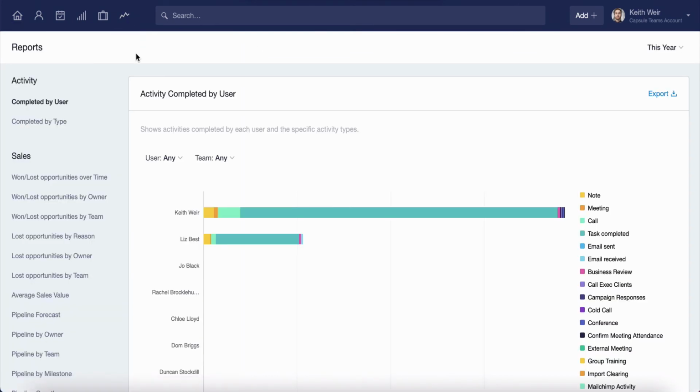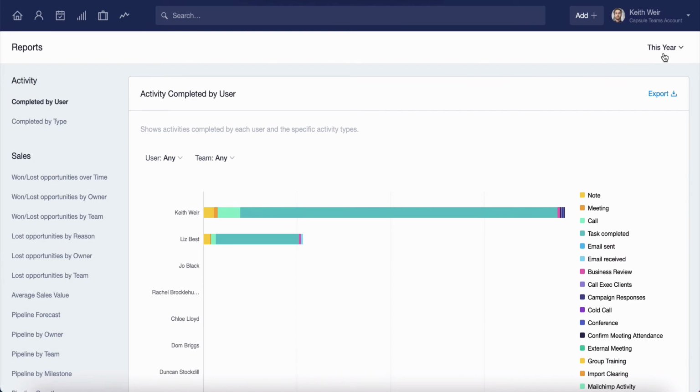The Capsule reporting page can be used to provide visibility on the activities that have been logged. As we touched on earlier, activities logged from the sidebar will be added as meetings by default. However, this can be changed to the preference of your team. This page is a great place to get a breakdown of what's being actioned on your account day to day.